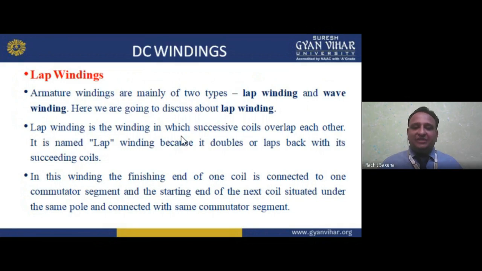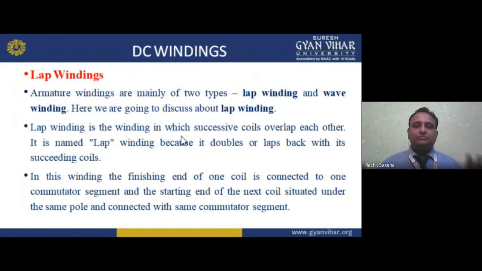Now, if I'm talking about the wave, my dear students, DC doesn't have any wave. It's a single line, a constant line, or a constant graph. But in AC, we have a wave that is a sine wave, basically positive, negative, positive, negative. So we can say two things: one, two, one, two, one, two. So in wave, we are dividing into two parts: one, then two, one, then two. But in lap, we go in a continuous manner. So that is the basics.